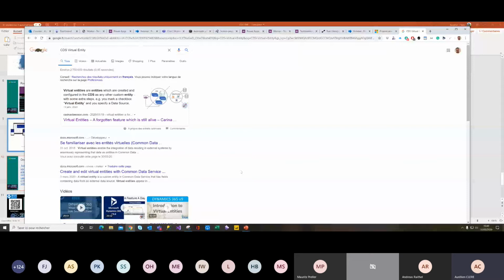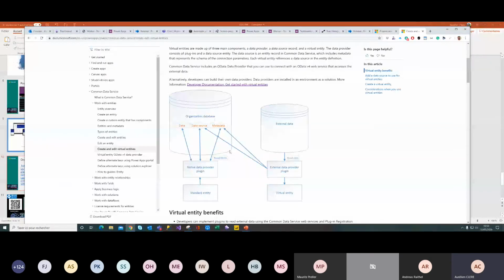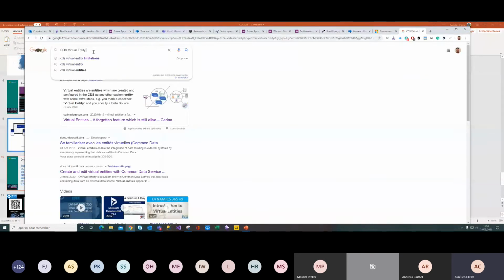For some use cases you will use CDS dual write. For some quick use cases where you just want a mirror of your data entities in CDS, with a virtual entity, you can choose this kind of architecture. So you will have the choice, in fact. If you want, you can check the virtual entities limitations here.